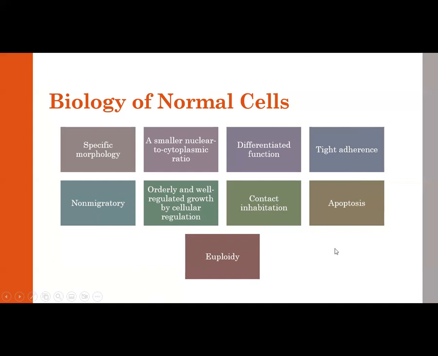So all these things that we talked about, I don't want you to get too caught up in trying to be overwhelmed with this. It's more about just understanding what a normal cell looks like as opposed to a benign cell, as opposed to a malignant cell. What causes these cancer cells to be so